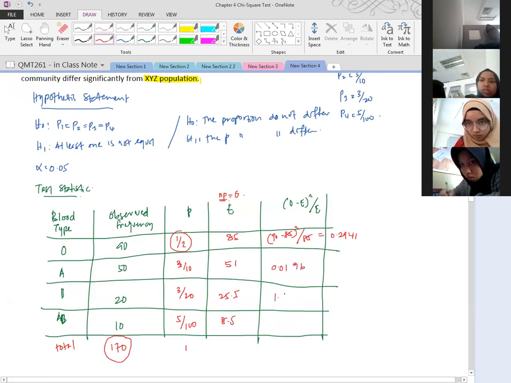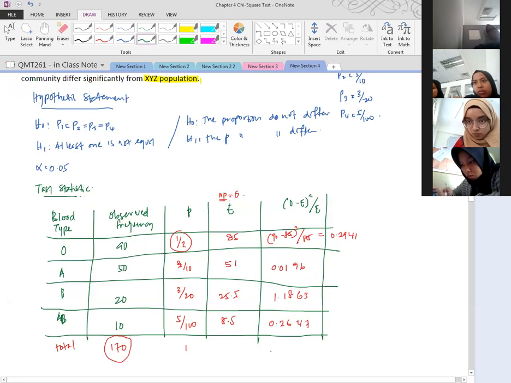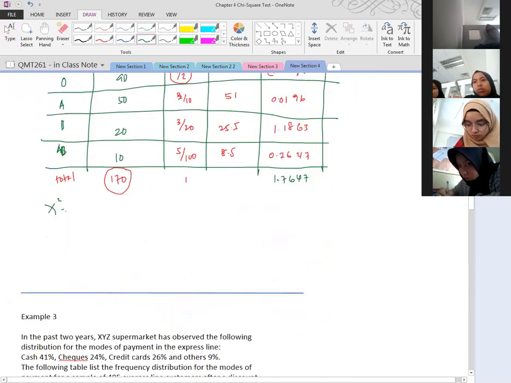This is 1.1863, and the last one is 0.2647, and the total is the chi-squared value. Actually, this is the chi-squared, 1.7647, right? So from here, we know that our chi-squared calculated is equal to